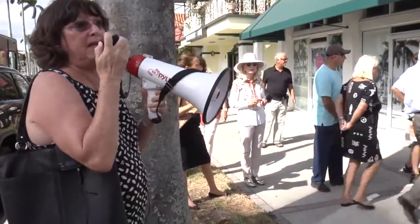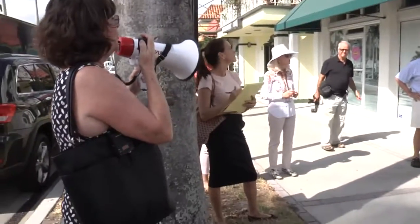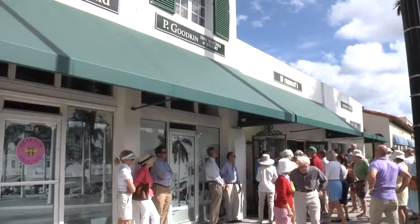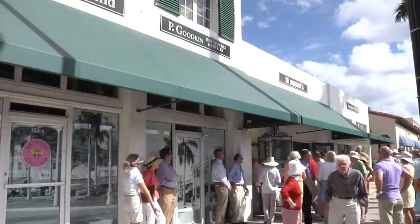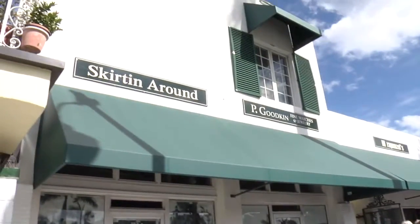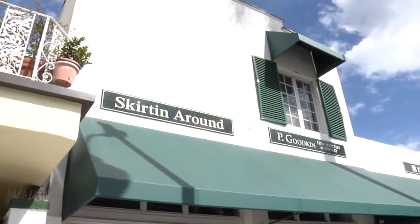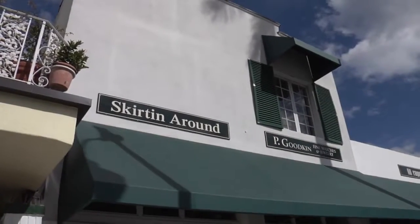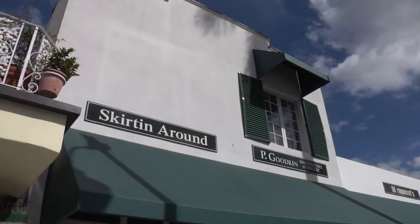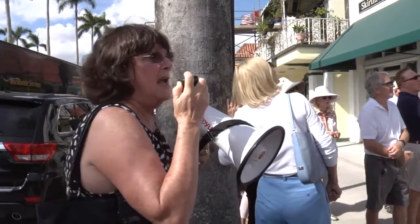I'll talk a little bit about the buildings that are here. This building, Skirting Around, and P. Goodwin are buildings that are urbanistically contributing to the street. They are not architecturally contributing. Well, why is that? That looks like a parapet from the 1920s. Well, you can easily see that above the sign that says Skirting Around, there used to be another window. This building doesn't have its architectural integrity. But these two buildings and the building Island Home, where some of you are standing under the awnings, have an